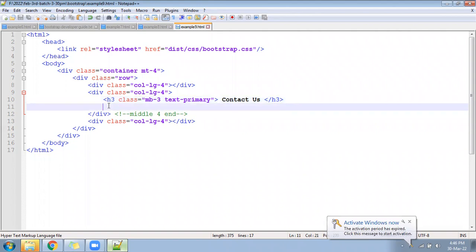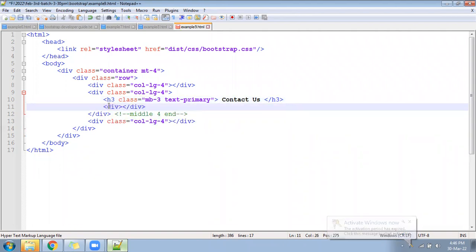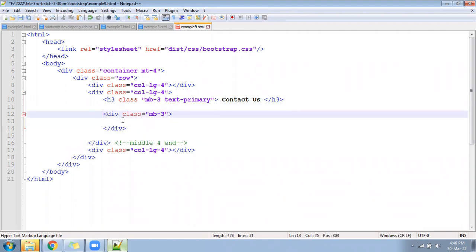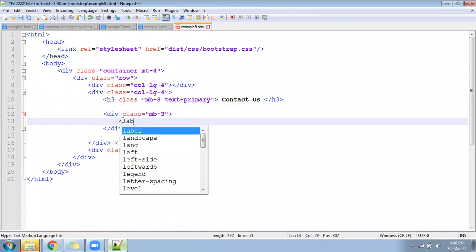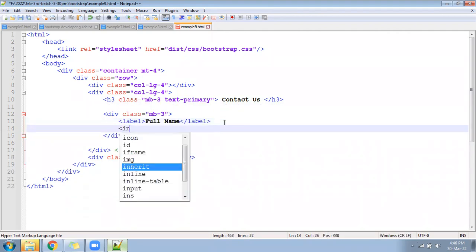Okay, now write a division. Write the class equal to mb-3, because there should be some gap after this division, so that we have written the mb-3. Now under this division, you will follow one label tag. Inside write for full name. After that, create one text box.